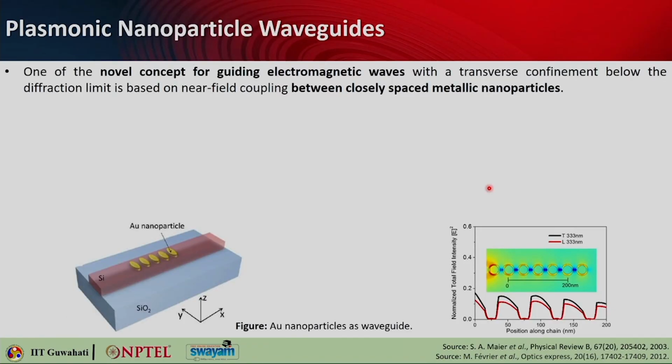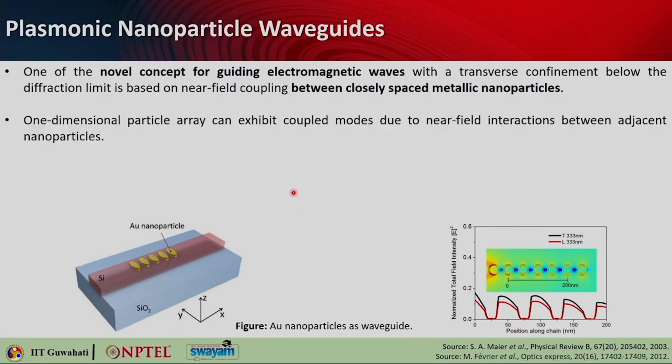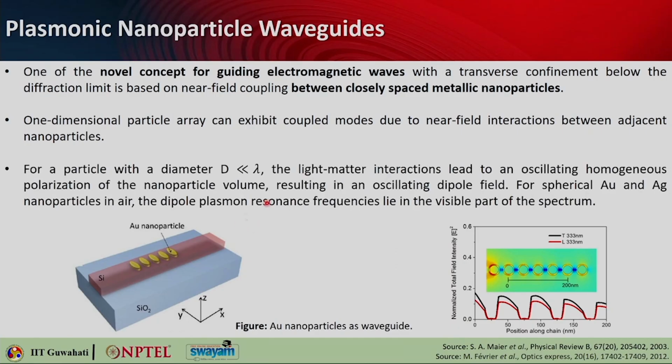Okay. You can also think of waveguides. Another novel concept is guiding electromagnetic radiation with transverse confinement that is below the diffraction limit, based on the near field coupling between closely spaced metallic nanoparticles. If you think of a one-dimensional particle array like this, it can exhibit coupled modes due to near field interactions between adjacent nanoparticles, and we have to make sure that the particle diameter is much smaller than lambda. In that case the light matter interaction could lead to oscillating homogeneous polarization of the nanoparticle volume, and that results in an oscillating dipole field. So, one particle will excite another particle, this will act as a source for the next particle, and that is how the oscillation will keep on propagating along the length